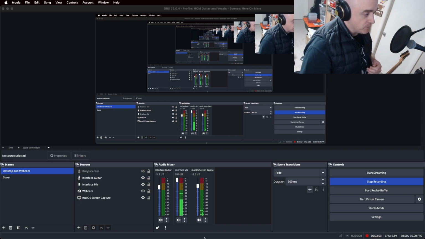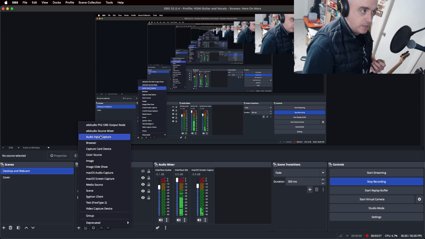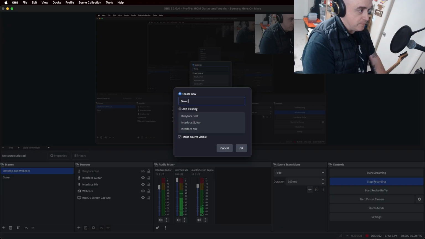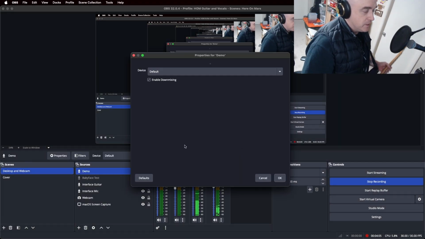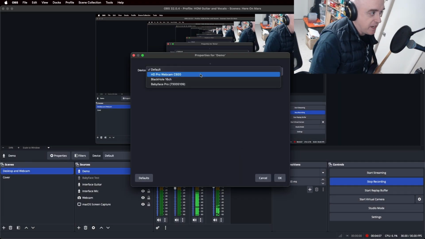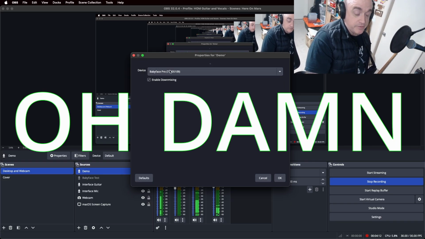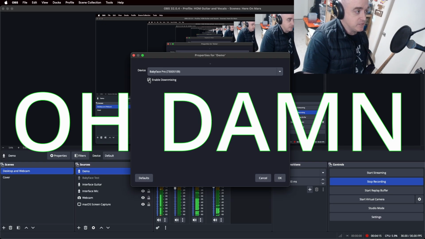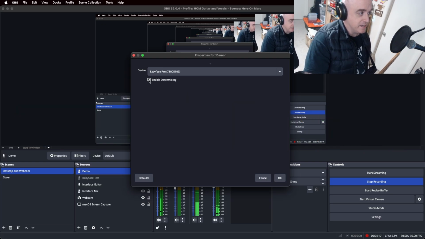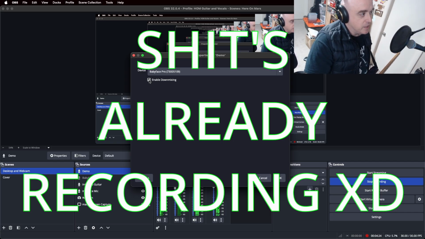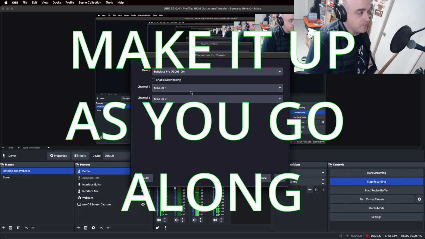So let's go here to add a source, and we're going to do an audio input capture, and I'll just call this demo, right? And so the device you're going to set to your audio interface, right? And I had never messed with this before, enable down mixing. But as it turns out, down mixing is that thing that puts it all together. So what I ended up doing is